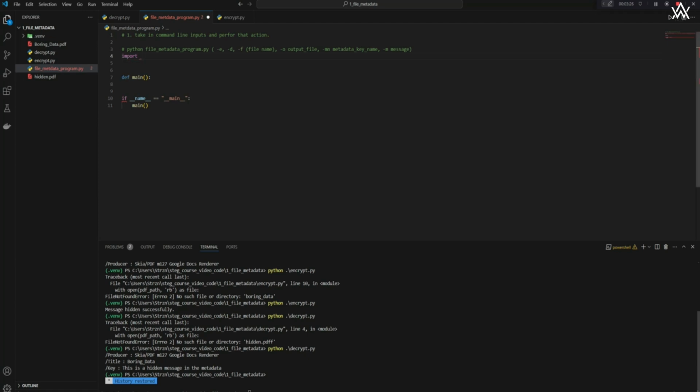So we're going to say import argparse. And what this is going to allow us to do is parse our inputs that the user defines. So like -e, -d, -f, -o, -mn, and -m. So how can we do this? Well, the first thing we're going to do is create a parser. And we're going to say parser equals argparse dot argument